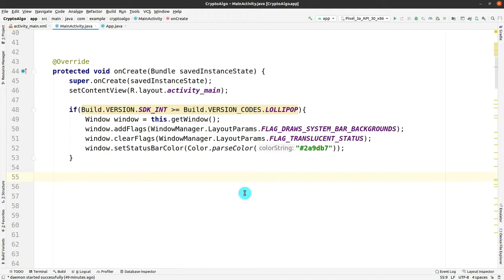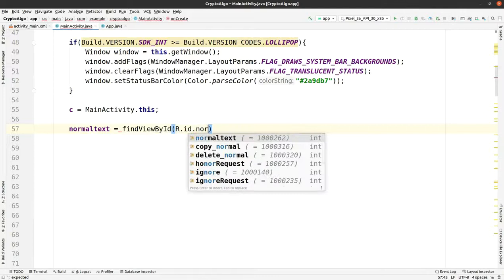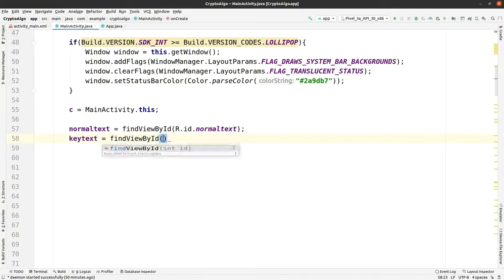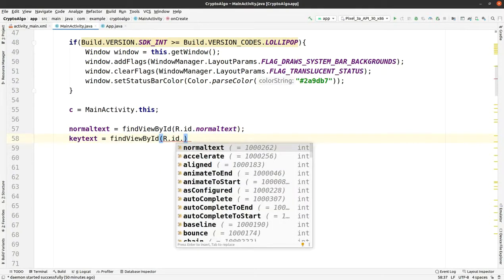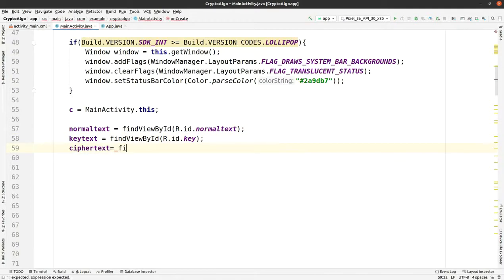And then afterwards we will be getting the context in C, as C is the variable of type context. Afterwards we have to map our XML and Java variables here, and for that we are using the find view by id method. So I am doing it for normal text, then for the key text, r.id.normal, r.id.key, and then I am doing the same for the ciphertext using the function find view by id.